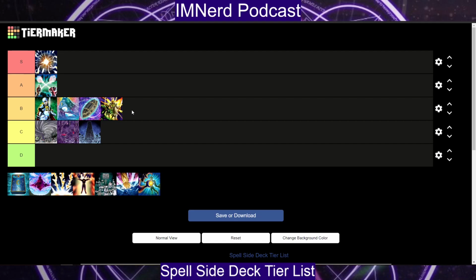Like, in the beginning, they play 3 of it. A lot of them don't side it out. But my other problem with it is that it doesn't even actually stop Deck Devastation Virus unless it's in a specific situation. So Deck Devi hits things on the field and in the hand, but if you don't have anything on the field, you can't use My Body as a Shield,